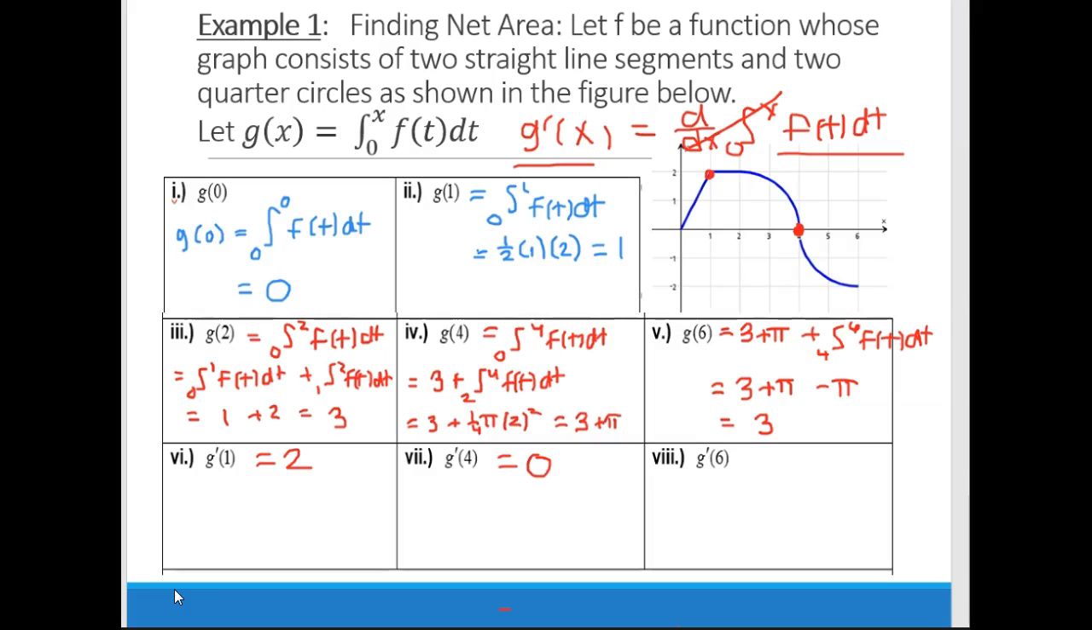And g prime of 6 would become -2. We use those second derivative and derivative values for part B to help me sketch that curve, because if I know the sign of a derivative, then that allows me to know what was happening on that function. So for example, if the derivative of a function is 0,